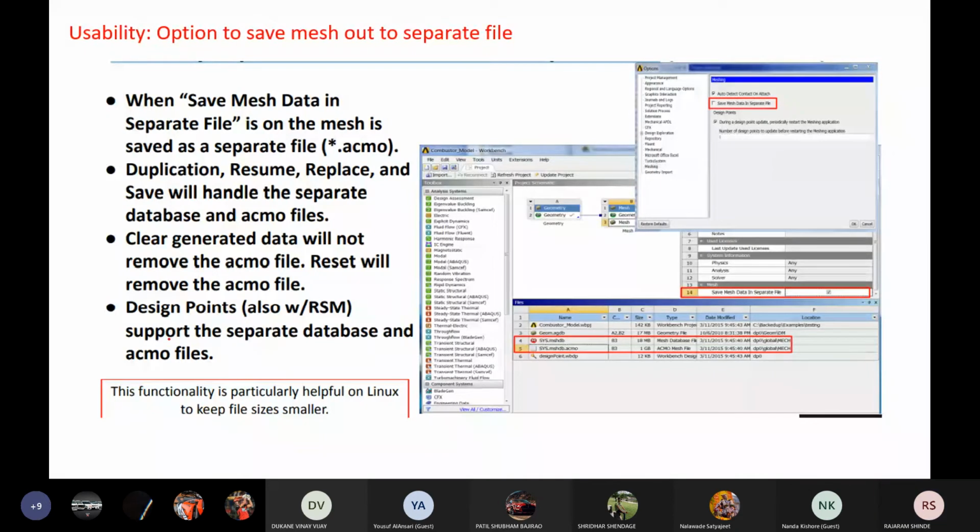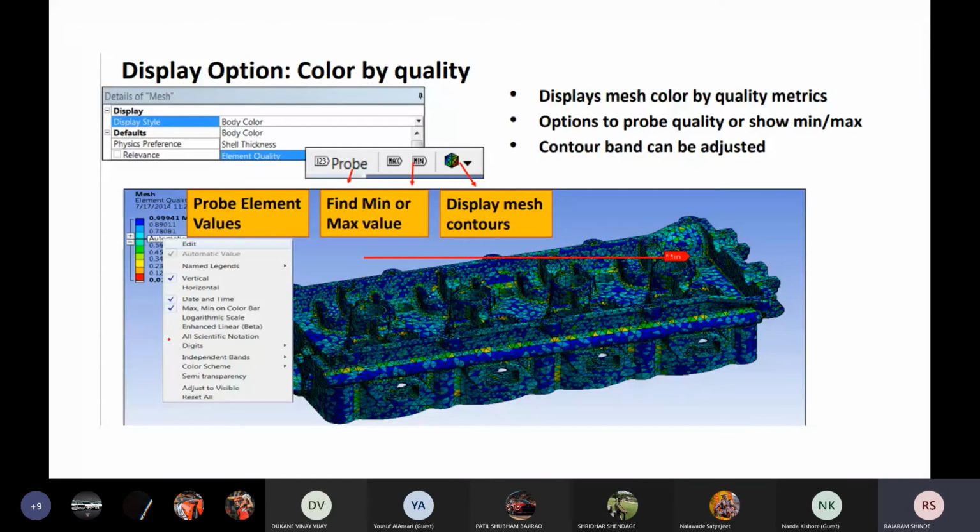Now these are the display options you can see here. This display icon displays the mesh color by quality metrics, that is, by element quality. By that quality metric, you can get the display of the elements. You will get the values of the element quality, and according to that value you will get the color display. After that, we can use the probe element for checking the values.